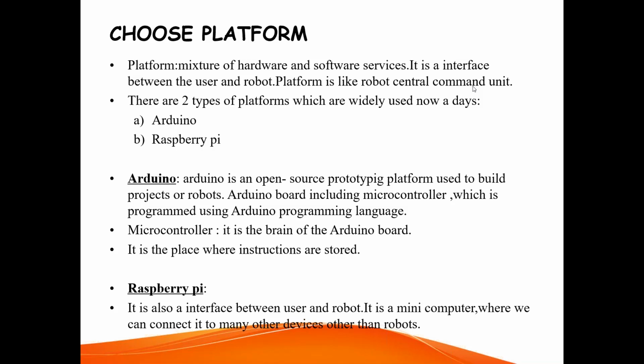Whatever I'm saying with respect to this platform, apply it to the abacus example. I have said you can learn abacus through the tool, and you can also learn it through your finger methods. In the same way, to construct your first robot, you can prepare it through two platforms. The first one is Arduino, and the second one is Raspberry Pi. In the coming classes, you can easily understand what exactly this Arduino is, and what this Raspberry Pi is. Okay, now I will explain